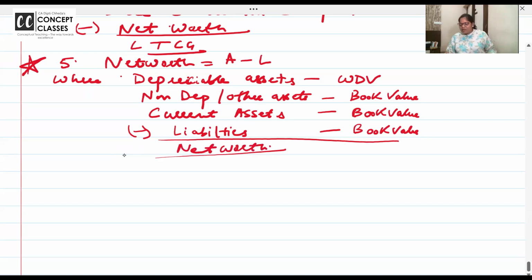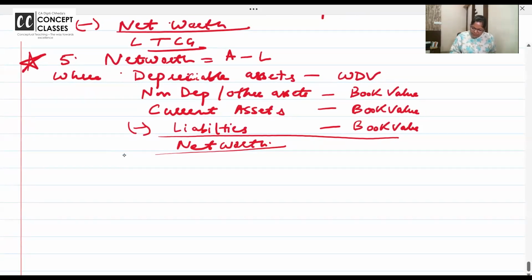If some of you are feeling, ma'am, this is as if you are teaching ratios, then answer is yes, though we are in income tax. Depreciable assets, take book value as per section 32 depreciation. Non-depreciable assets, book value. Current assets, book value. Liabilities, book value. You get the net worth. Done? Now here please write down